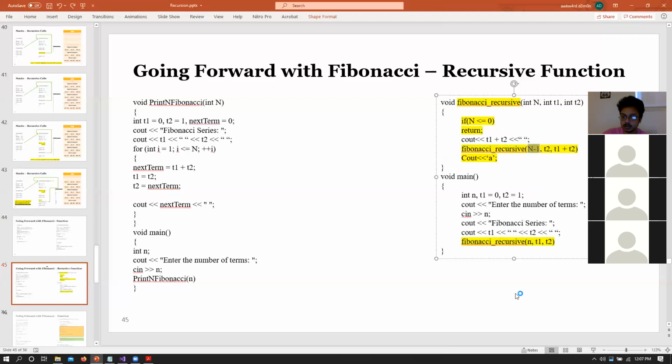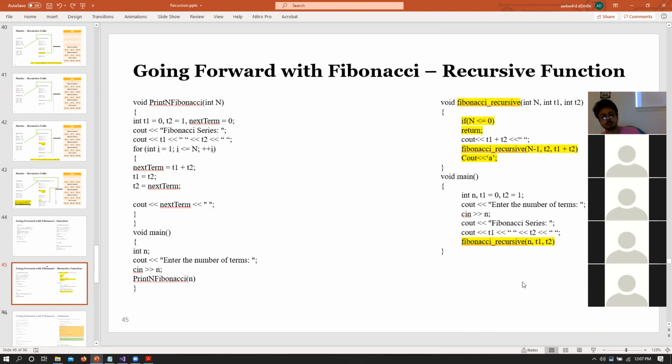Okay. For the base case in that situation, would it have to be the 1 or like the 2? Because if you had n equals 0, what would your T1 and T2 be? So remember, when n is 0, we are not computing the Fibonacci sequence. We just return out and we are not printing anything, or calling anything again either. So once it has returned back, it gets to this point here.